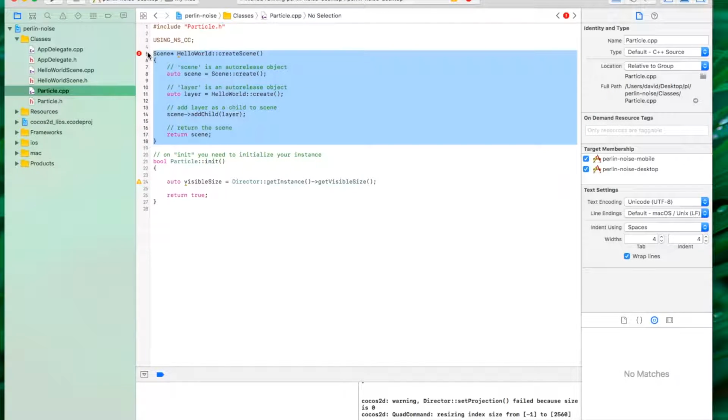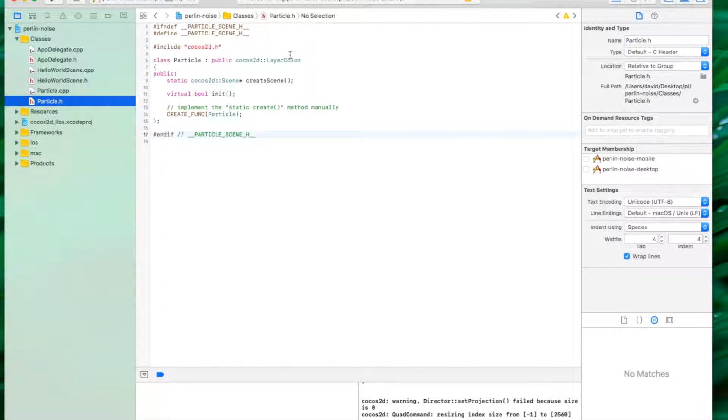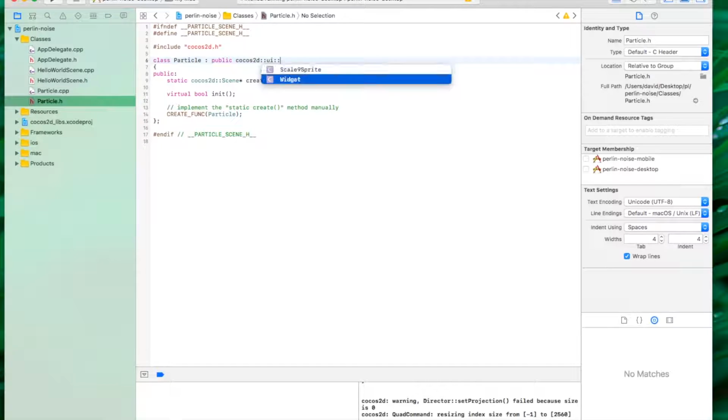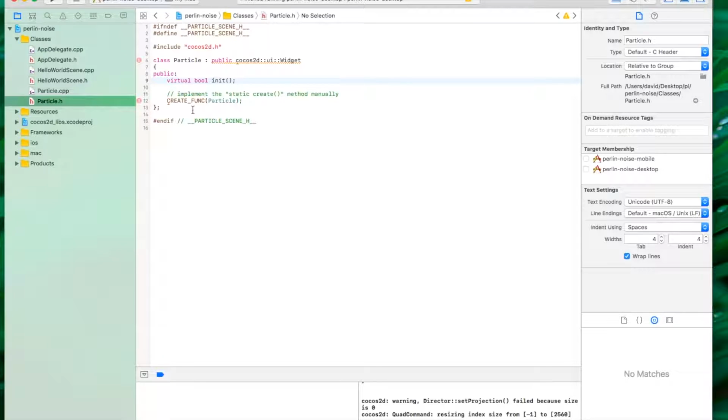And actually, I don't need a create scene because this isn't a scene. This is actually going to be, that's a good question. So my hello world was a layer color. I want my particle to actually be a UI widget. Yes, that's what I want. I don't need this anymore. I want it to